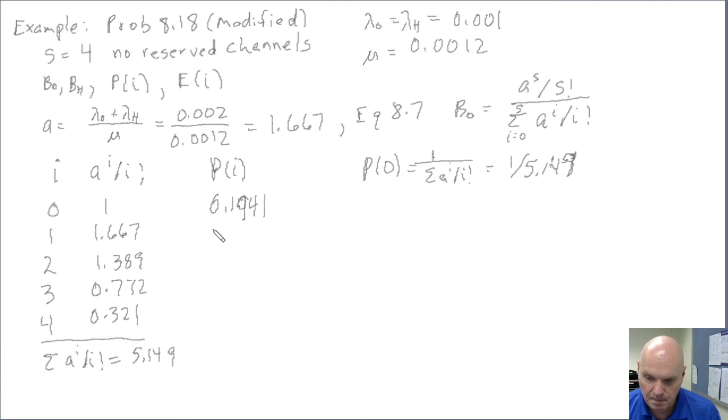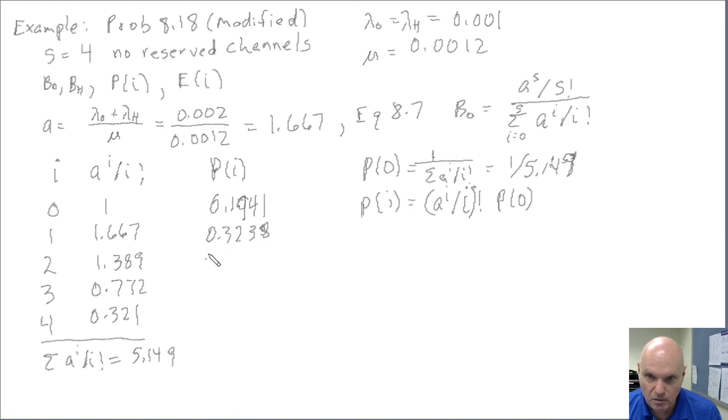0.1941. And then the P of I were given by, where do I have that formula written down? They were, let's see if I can recall it from memory, A to the I over I factorial times P0, essentially, or divided by that sum term. And so using that, I've got the A to the I over I factorial, so just multiplying each of these times P of 0, I get 0.3238